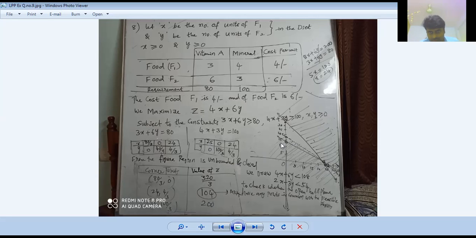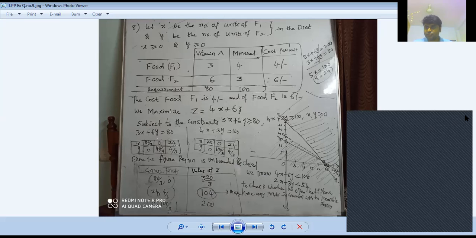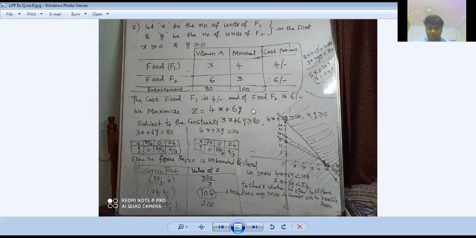Okay, so for this second line also we should take. And finally, whenever the region is unbounded, whatever value we got as the minimum cannot be confirmed as the minimum. So further, what do we do? We take the objective function 4x plus 6y less than that minimum value 104. Sorry, here 104 I should write. Okay, change it. 2x plus 3y less than 52. So that dotted line will come in this way from midway of both the lines.